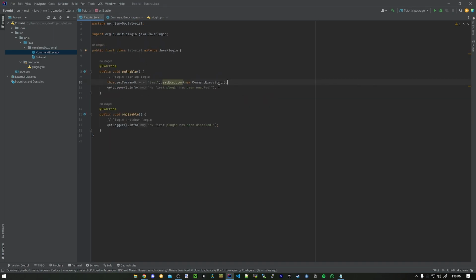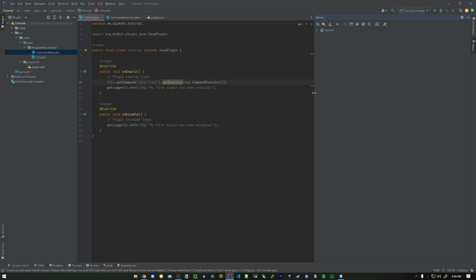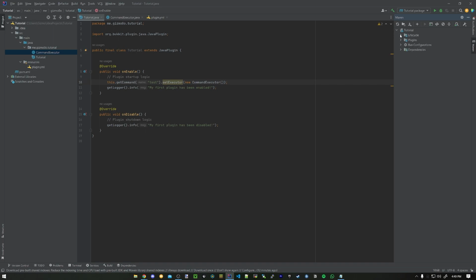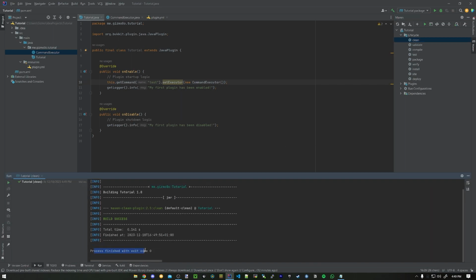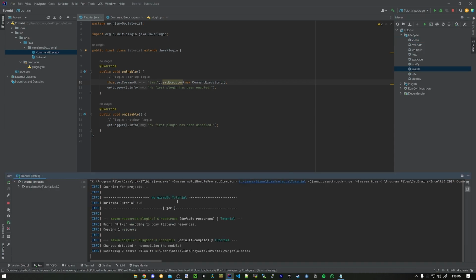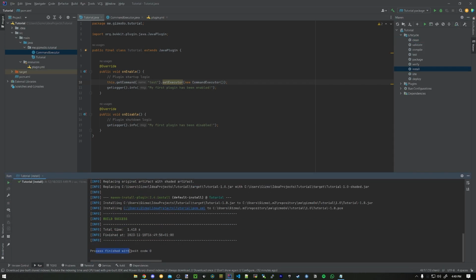Now, in order to compile it to the .jar file, which we're going to put into the server, we're going to go over here to Maven. On this little arrow, go to lifecycle. And first of all, we're going to clean it. And there we go. Once you've seen this, that means it's done. And then we're going to install. Let it load. And there we go. Process has finished. So now inside here, target, you have two jars. We're going to ignore the original one, and we're just going to get